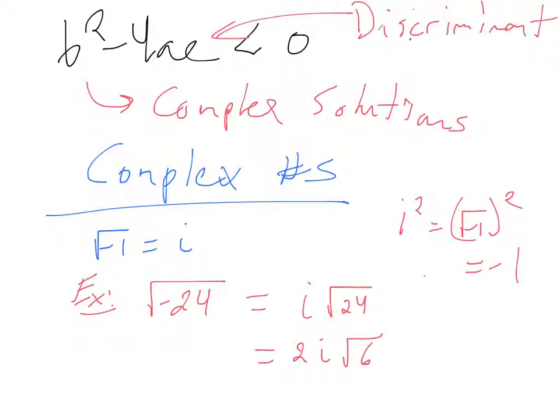That's about all we need to know as far as the basics of i and how its mechanics work. We need to be able to reduce negative square roots by writing them in terms of i. We also need to know that i squared is negative 1. That's pretty much all you got to know about i. But in general, for complex numbers,